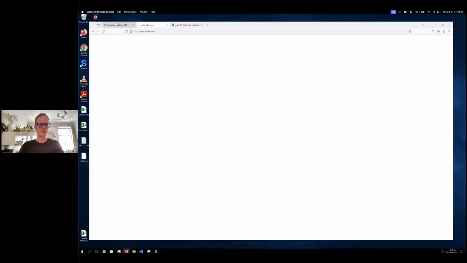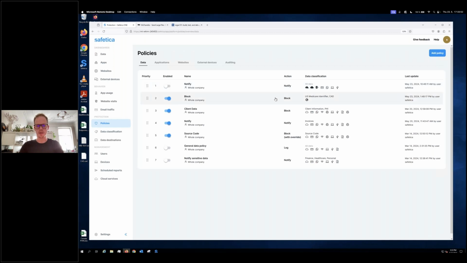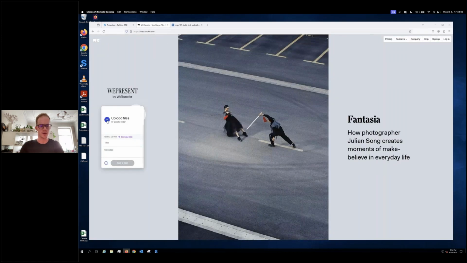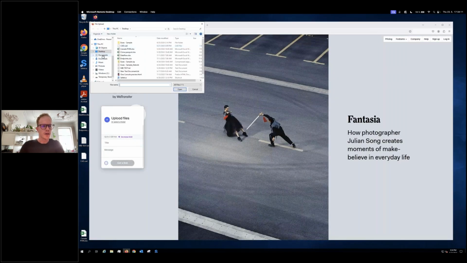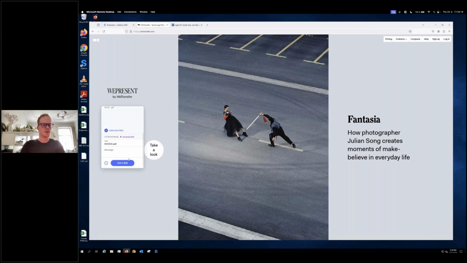Now, for example, we also have a policy for notifications, and I can show you that in a second, as well as blocking with override. I'll do notification first and then go back to block with override. It looks like I have my classification for invoices, and I believe that was using regular expressions as well as a keyword search. Now I just have to find where I put it. Demo data, yep, invoices, there we go. So for example, a PDF. I can go here again, get a link.